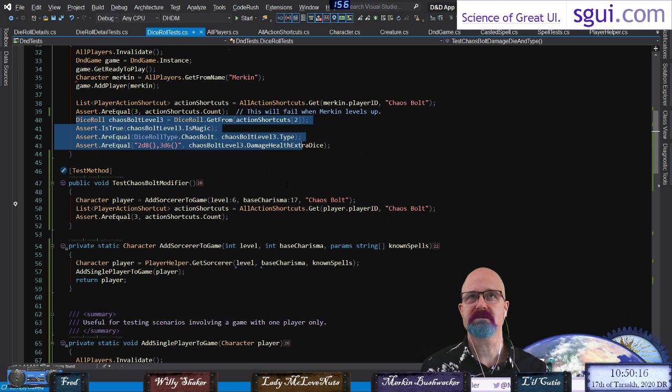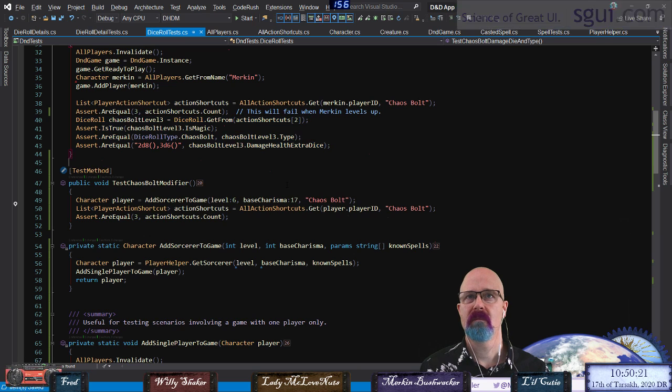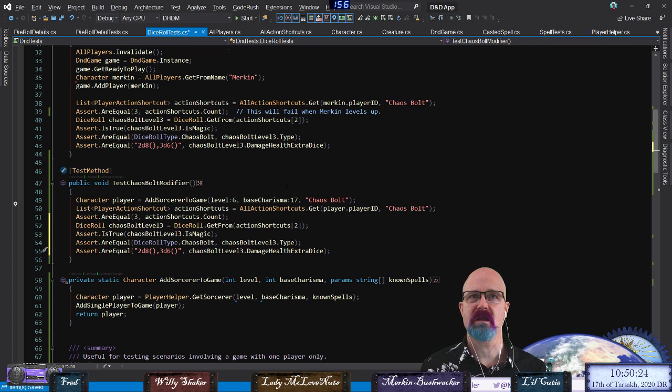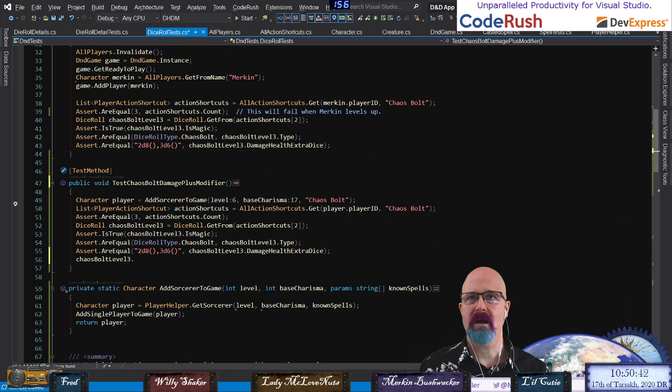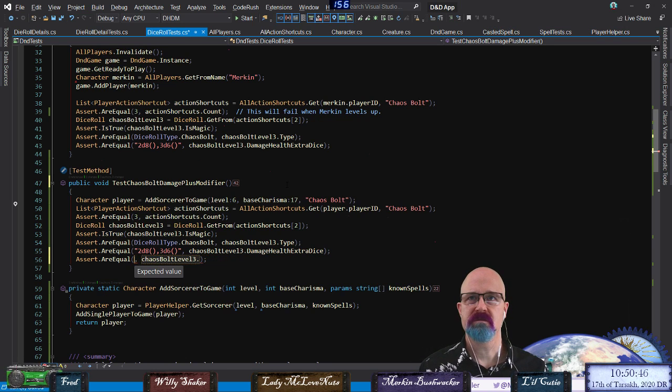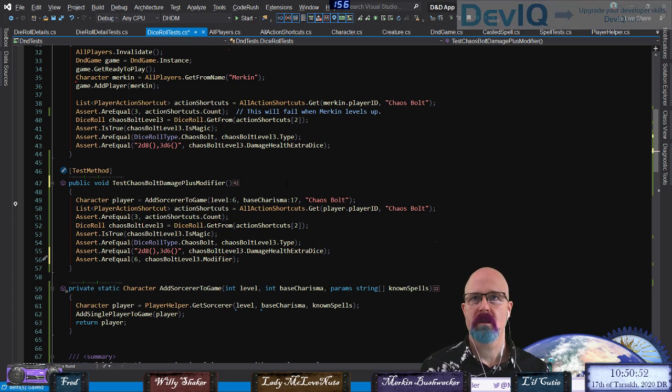I guess we might as well. It doesn't hurt to do these pieces right here. It absolutely doesn't hurt to do the same pieces at this point. But then now we want to check that modifier. We are expecting the modifier to be a 6. And in fact, we are